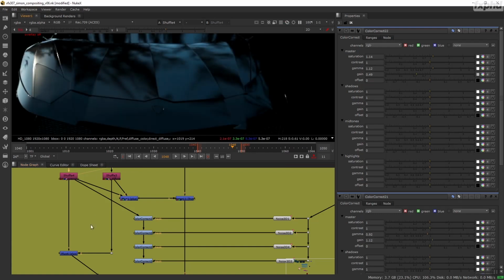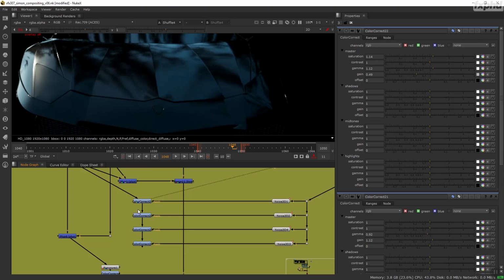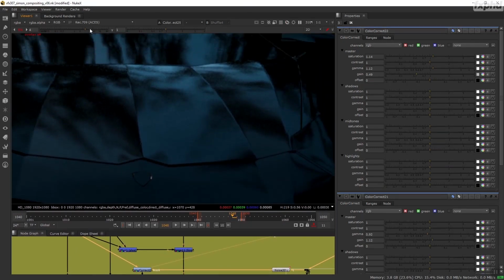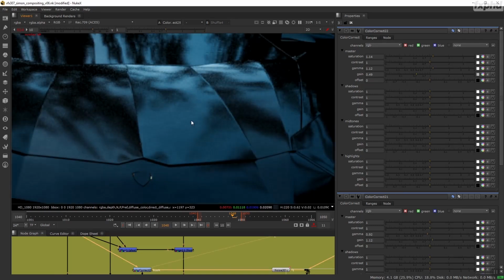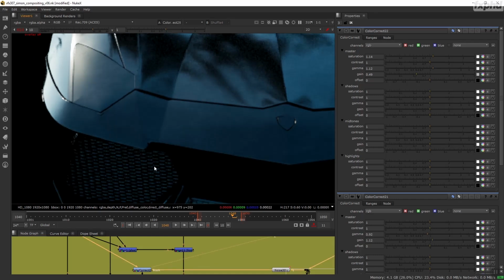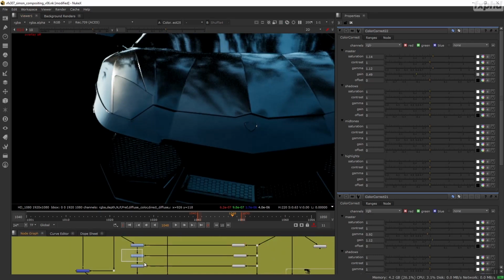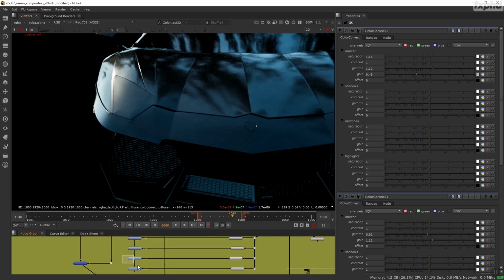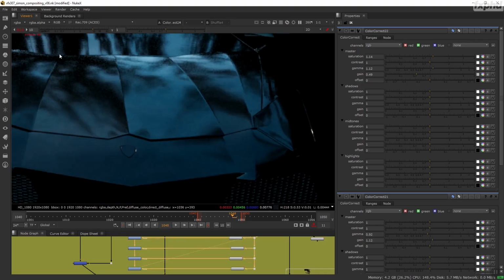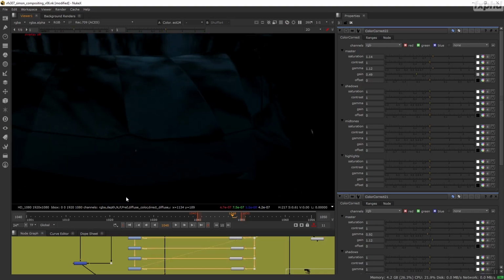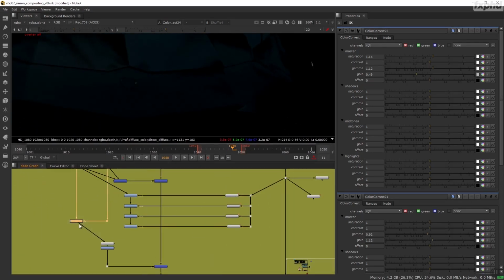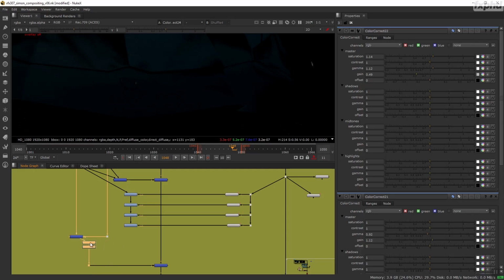So let me expose this up. And as you see, it's quite subtle. And let me try to make the image a bit bigger. It's quite subtle, but I'm starting to get these variations. Again, it needs to be done with subtlety. If it's too strong, you might affect too much the look there, which is never a good thing. So you want it to be as faint as possible, while still giving you some sense of variations in dirt or just fading on these. It's not a big